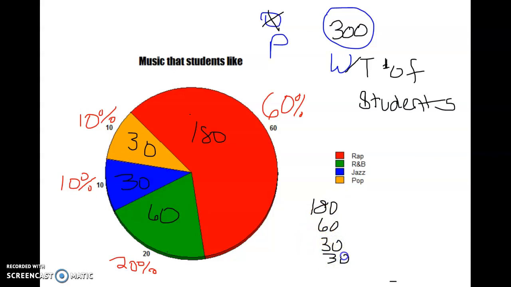Now, I'm going to show you how these parts all relate to the whole. If I add all of my parts, what number should I get? I should get 300. That's the number of students surveyed. So here is 0. 8 plus 6 is 14. 14 plus 6 is 20. And I get 300. So again, with these percents, these percents did not represent the number. It represented a portion of the number. So you've got to, once you know what